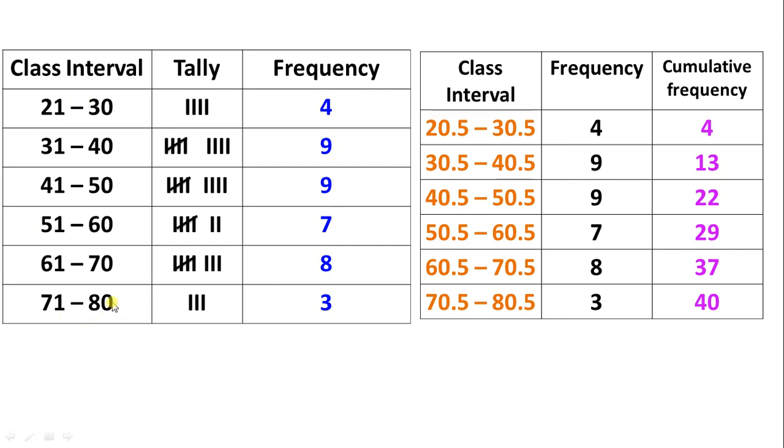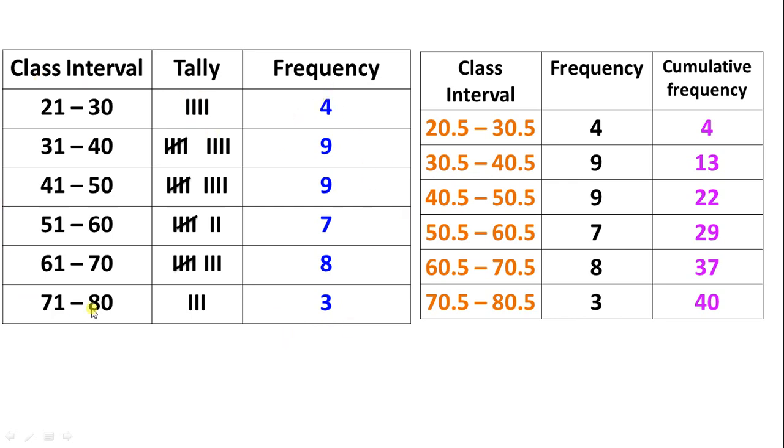While constructing the cumulative frequency distribution table, it is given to start from 21 to 30. By observing the greatest given value, we have to consider the last class interval, and each class interval size should be same. It is given as to start with 21 to 30, 31 to 40. If you go on continuing in the same way, by observing the highest value in the given question, we have fixed the last class interval as 71 to 80. Just mark the tally and hence find out the frequency.